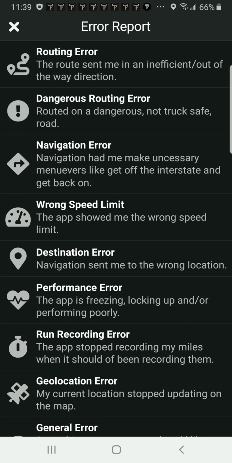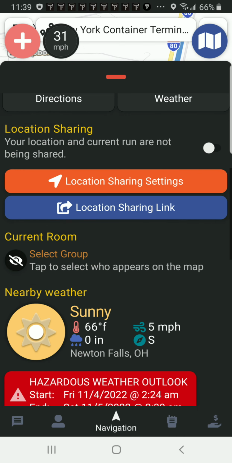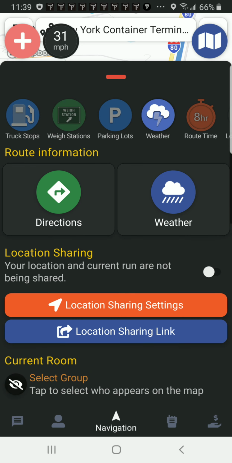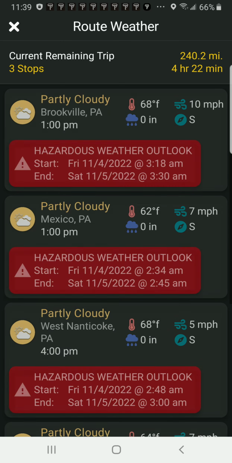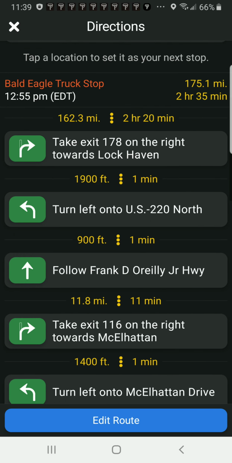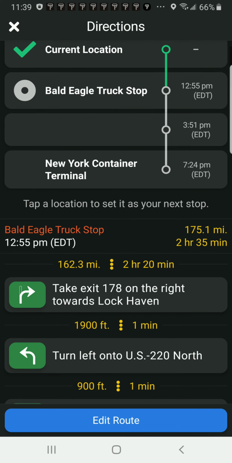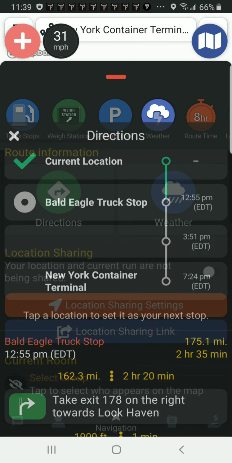Again, there's a 5-day weather forecast nearby where you are, out 24 hours, and the current weather. If you wanted to see weather along your route, it's down here as well as your directions if you wanted to see the turn-by-turn directions in a list view before you go places. This is where you can edit your route as well, and kind of change those waypoints if you wanted to hit that blue button